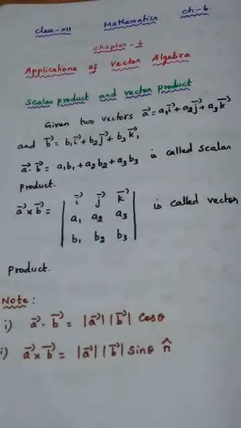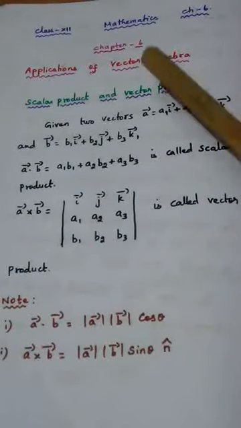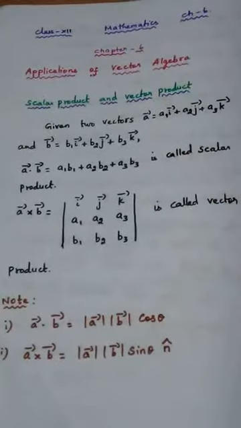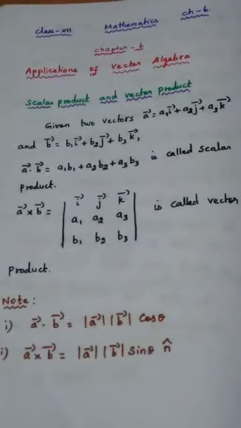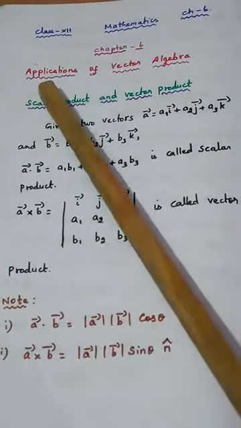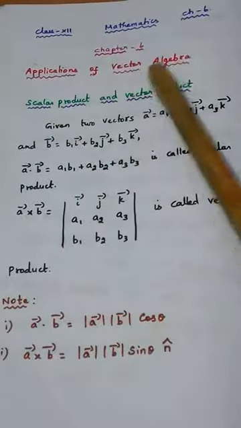So we will step into our 5th chapter. We have already completed 4 chapters. Now we are in 5th chapter. That is, we will take chapter number 6 as our 5th chapter. We will see chapter 6 now. Totally 4 we have completed already. This is the 5th one. Okay, the name of the chapter is Applications of Vector Algebra.